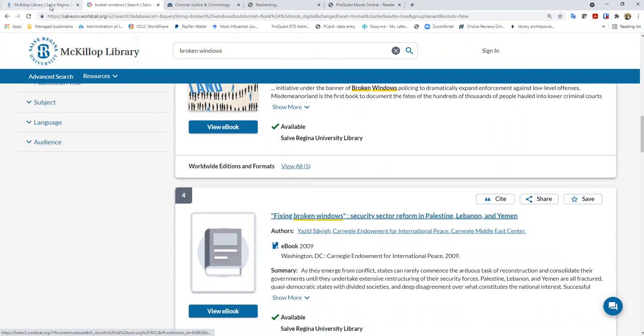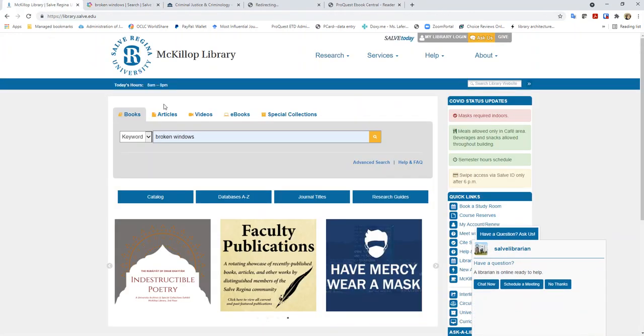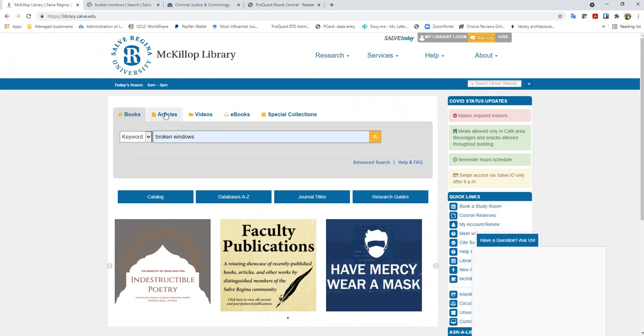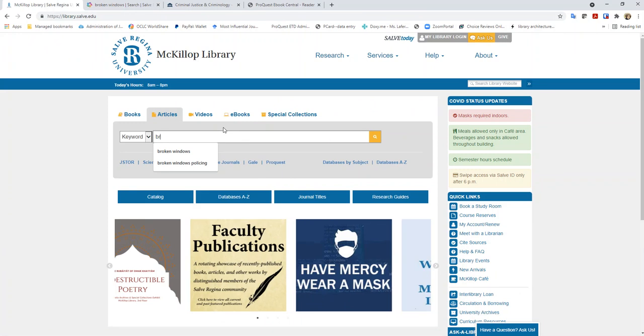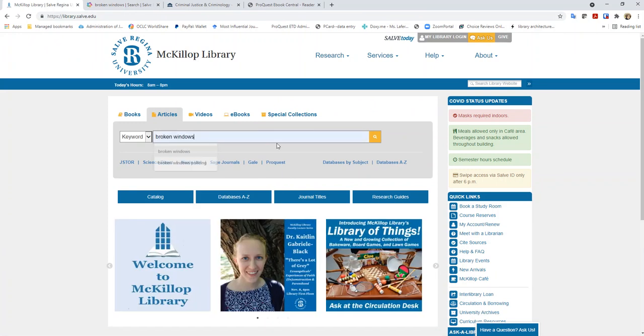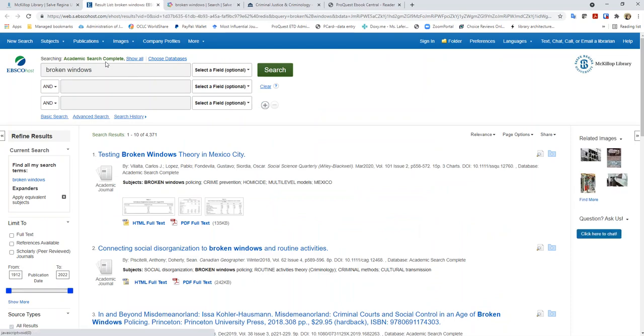So now what we're going to do is look at articles. So we have the book tab. Now we're going to click on articles, and we'll try our search for broken windows again and see what happens. And so this is entering our EBSCO databases. We can see right off the bat that we had